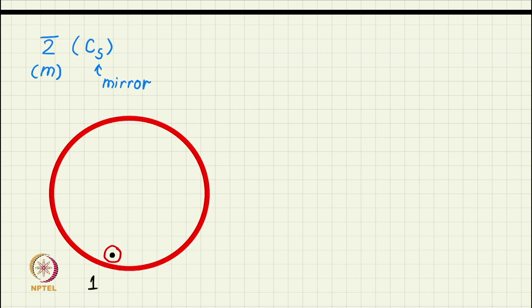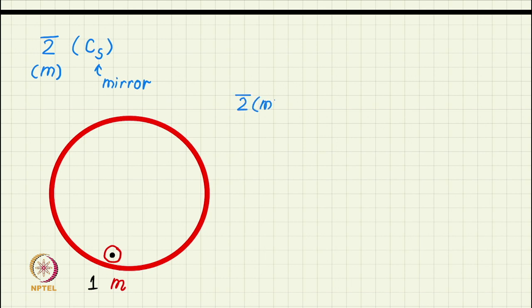So, in black you have the identity 1 and in red you have the operation of mirror which we represent by M. We could have represented it by 2 bar also, but I am using M. So, both these points are there. If I reflect, reflection of reflection is the original object. So, if I reflect the open red circle again in this mirror plane, I will come back to the black point above. So, the group is complete